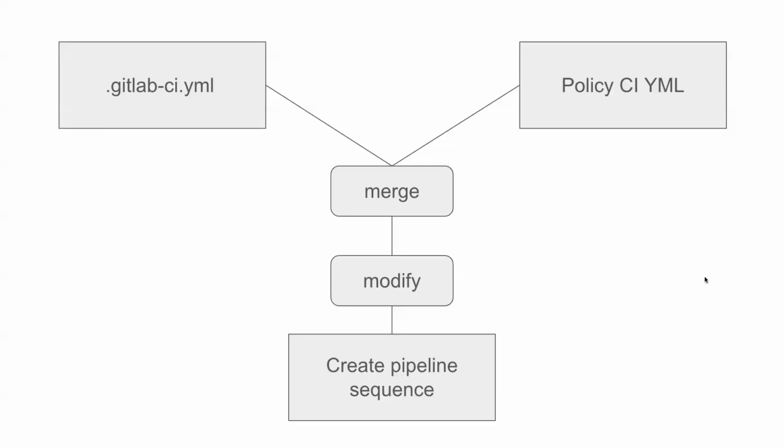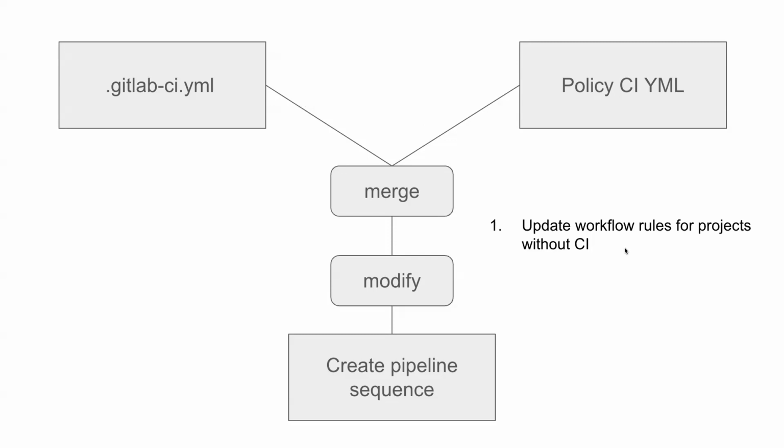I want to show our current thoughts about how we add a new policy type, pipeline execution policies. And this is basically our current architecture for the scan execution policies. So what we do is we have the GitLab CI YAML from the project and then the policy CI YAML, and we merge them, and then we do some modifications like